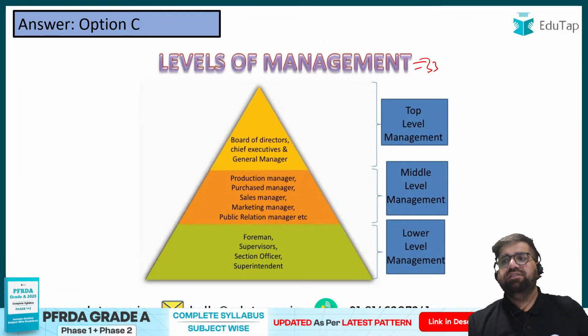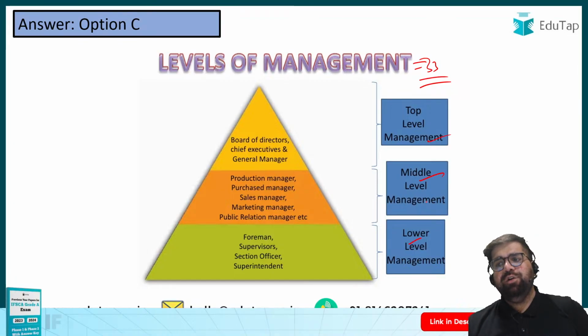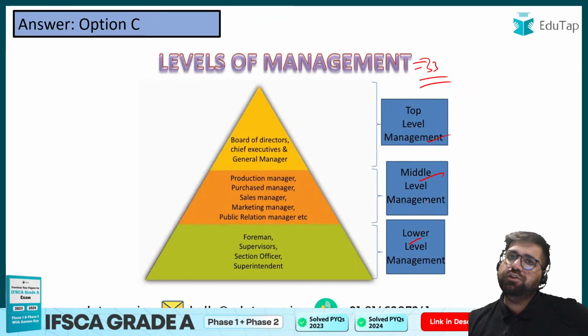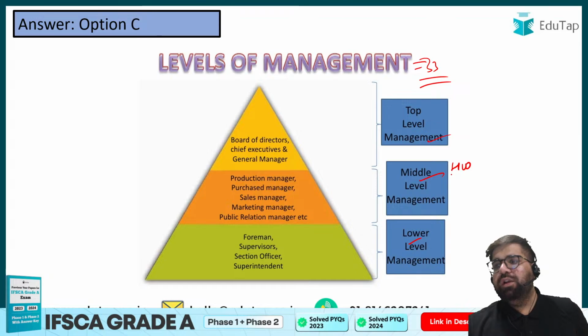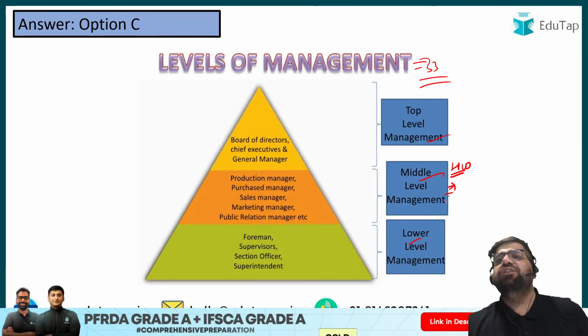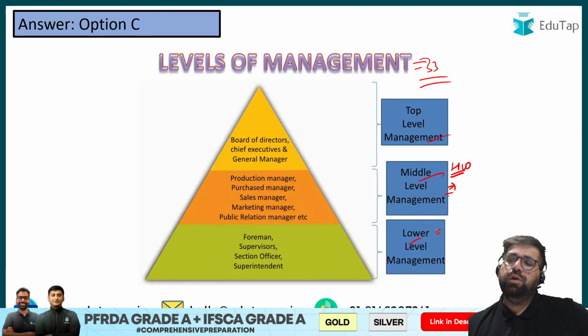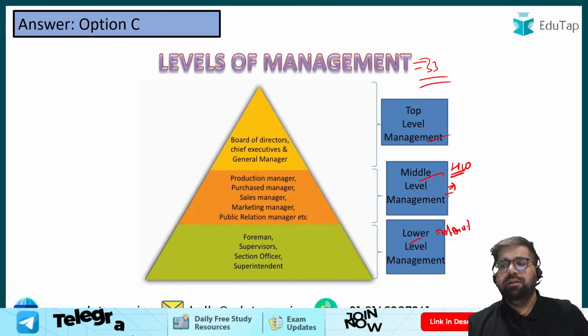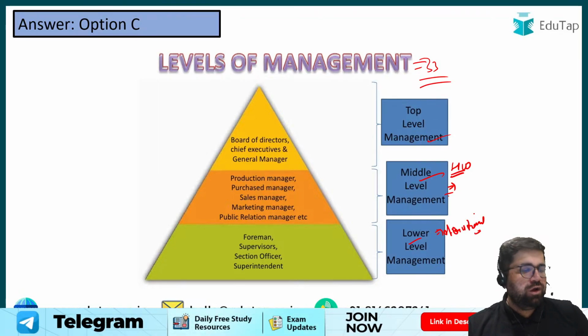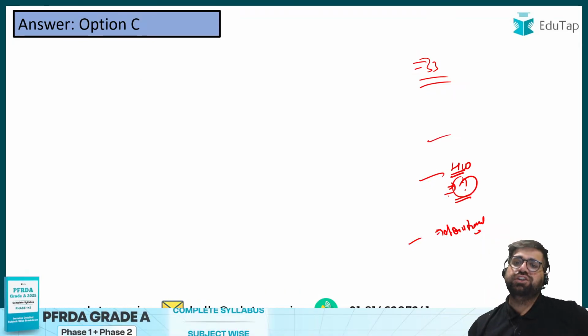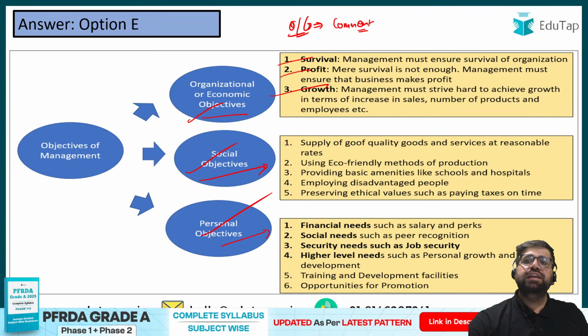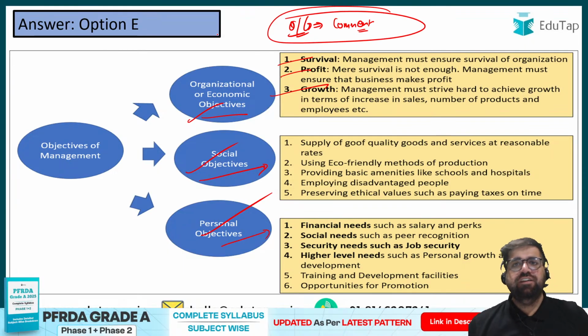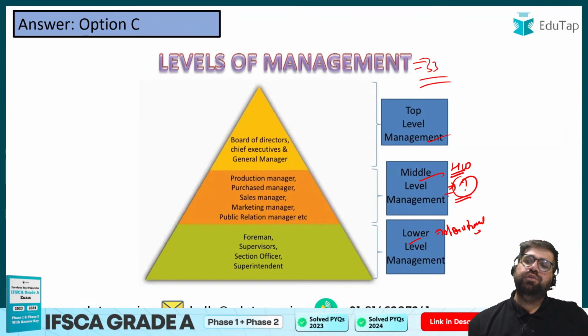Generally there are three levels, right? So you have top, middle and low. If I give you one question for homework, do let me know the other name of middle level manager. Like lower level we also call operational, right? Because they are working on daily operations. What is the other name of middle level? So I have given you two questions. The first one is related to the difference between goals and objective, and the second one is related to the other name of middle level manager.